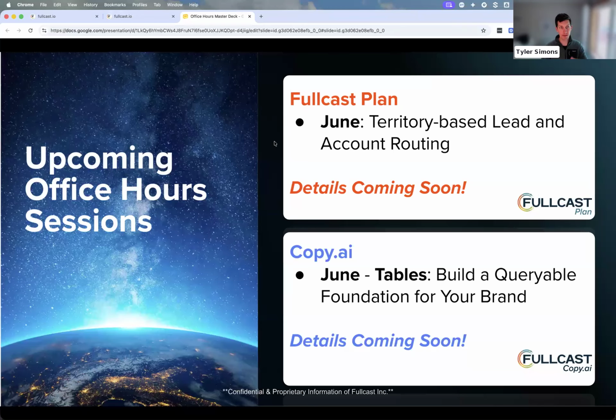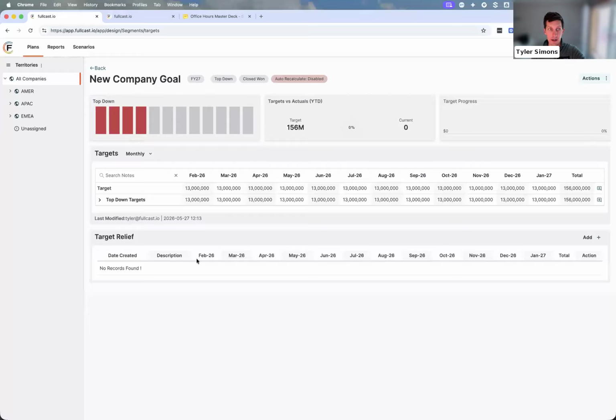Cool. So we have some upcoming stuff, but before we do that, was there any additional questions with the target setting? And anything else that we want to go deeper in on and look at? We'll pause here for a second. I'm going to ask something, but I don't remember. I mean, while we're waiting for questions,